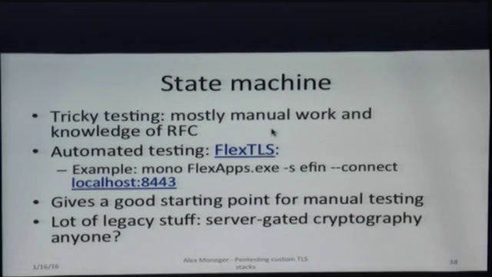So another thing you want to look into is actually the state machine. This is a tricky testing part, and it's really boring and tedious to do. It's mostly manual work because you're going to try and trick the TLS state machine into an invalid state, and it relies on your good knowledge of the RFC and of the state machine. I'm trying to think of ways to automate this, but they might not need to, because